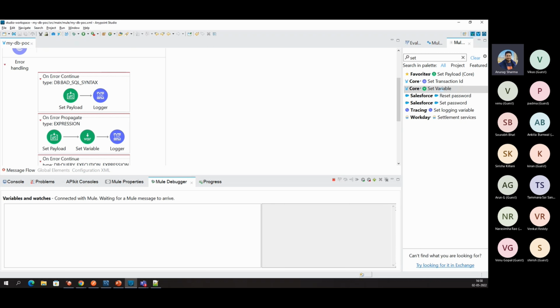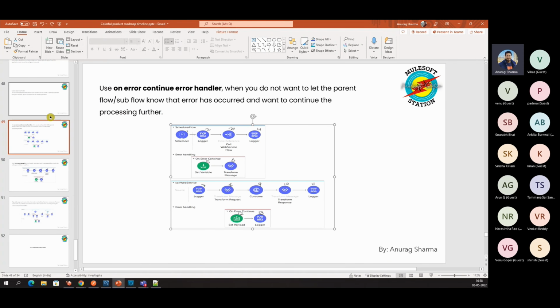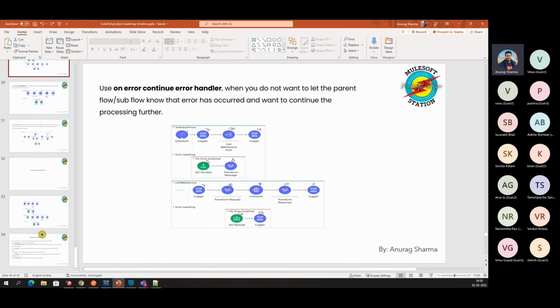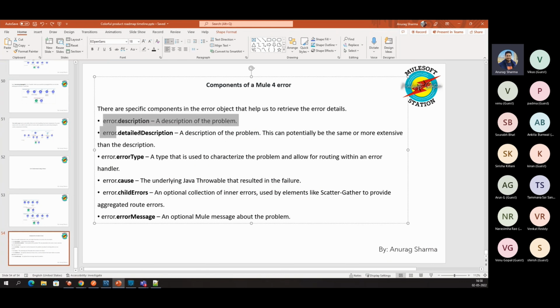So we will wrap up this class today. Maybe in the next class, I will show you some more examples. For example, I will show you by creating two APIs, one system API, one process API, and in the system API, we will create an error object, and that error object we will catch in another API, and there we will see how all these error components are useful